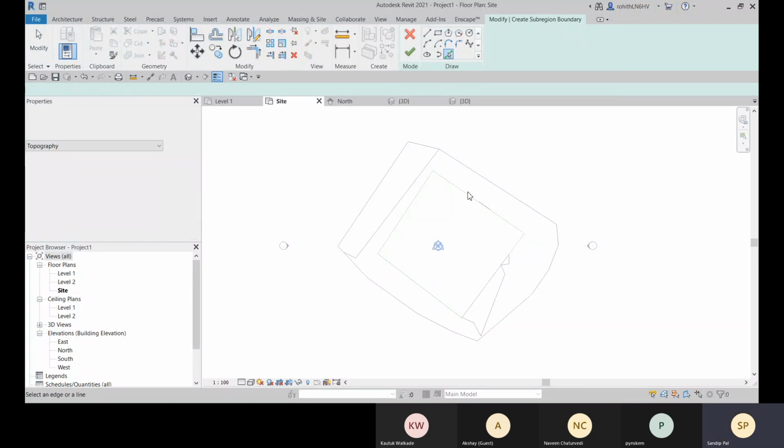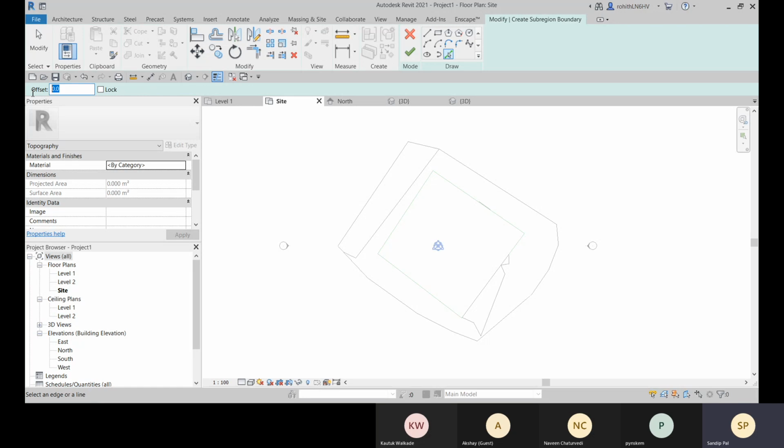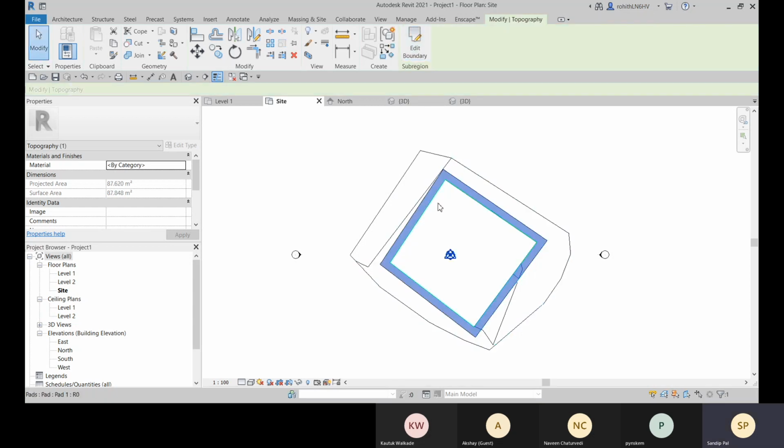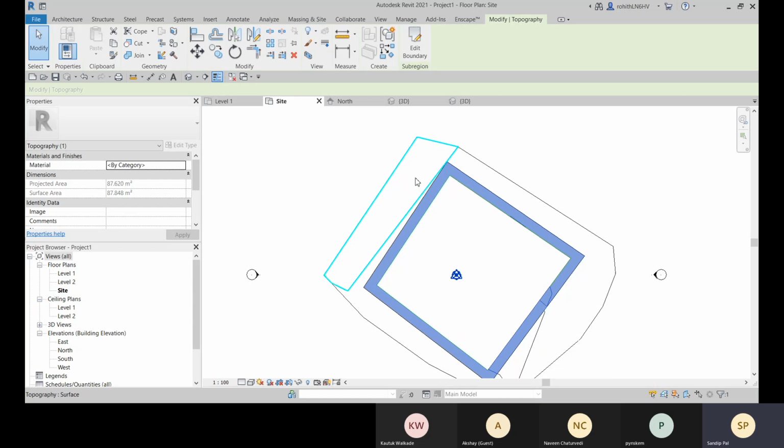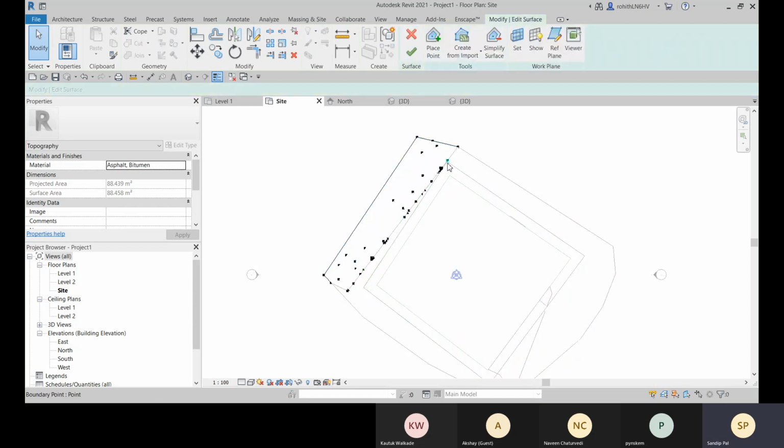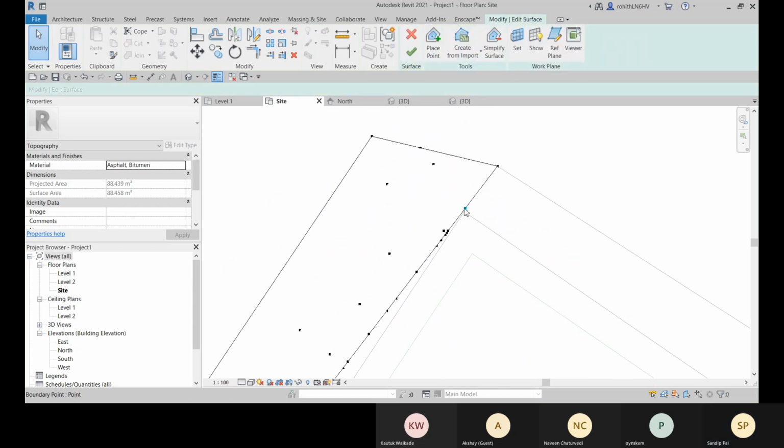Let me choose the pick line option and give it an offset of 1200. That is created. Click on close, and that is the sub-region now. If needed, you can edit it with edit surface.